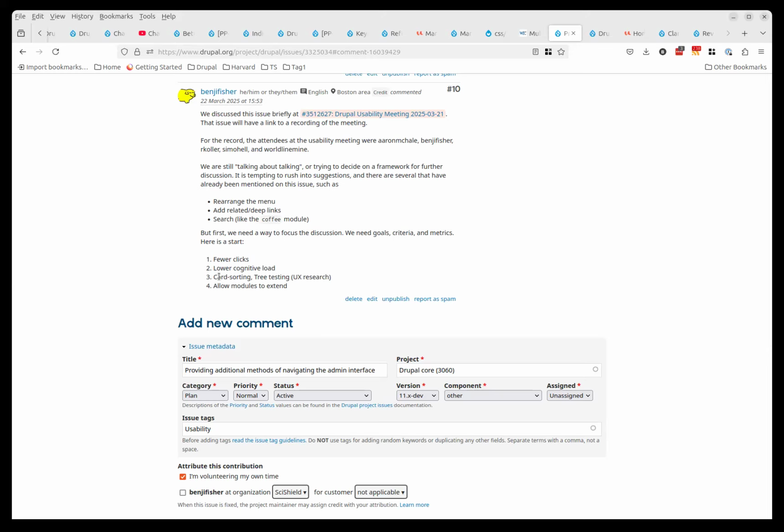And another criterion is that whatever framework we come up with, it should be extendable by other modules. So for today's discussion, I think when we made that comment, it was at the end of the meeting. But if we're prepared to spend the whole meeting talking about it today,